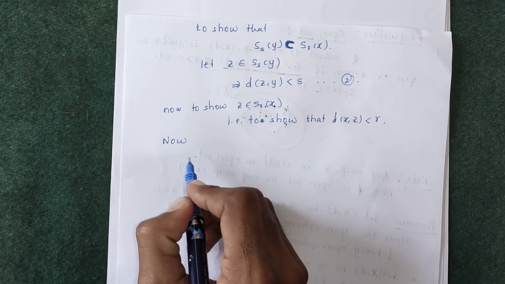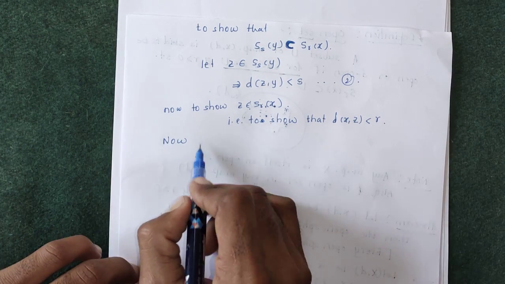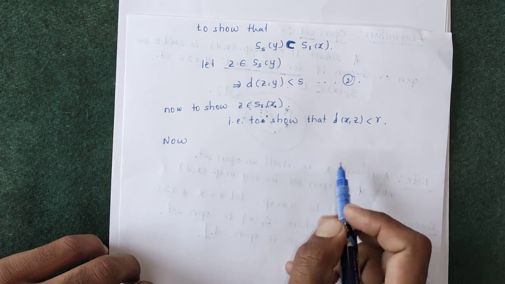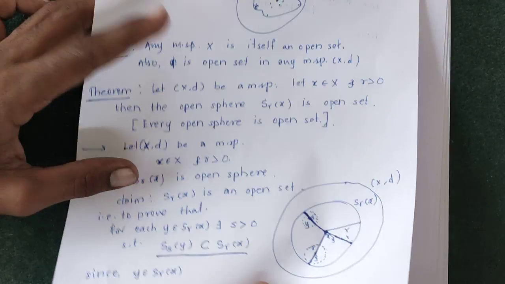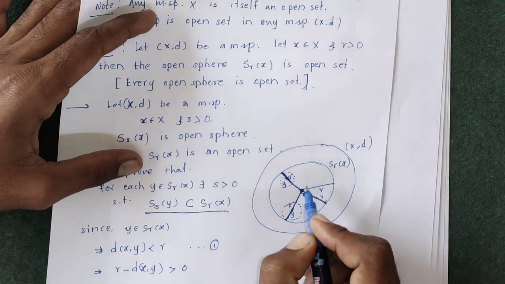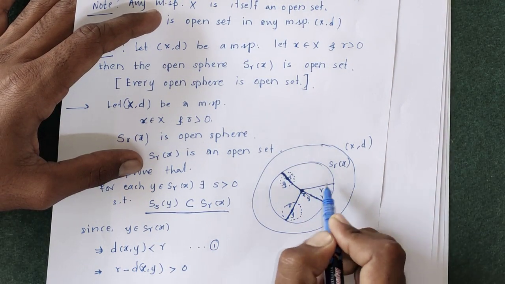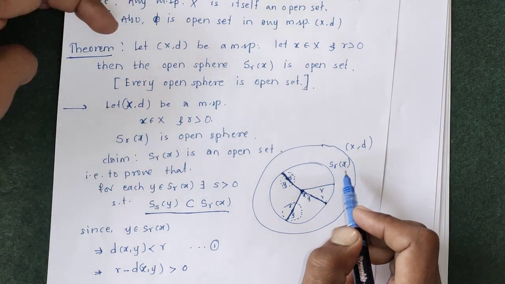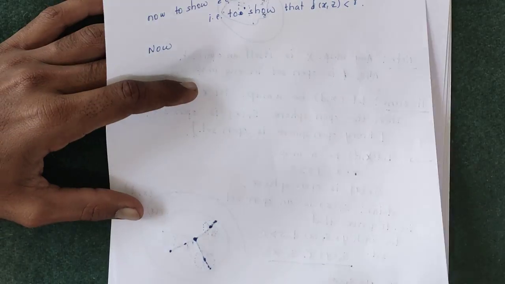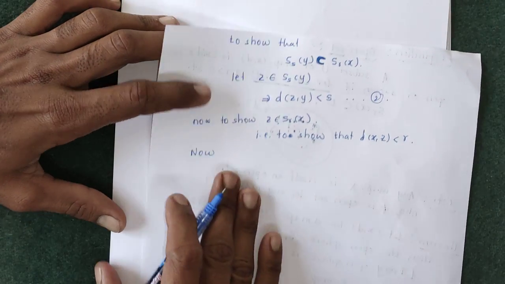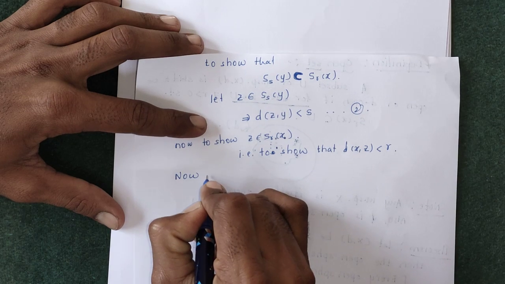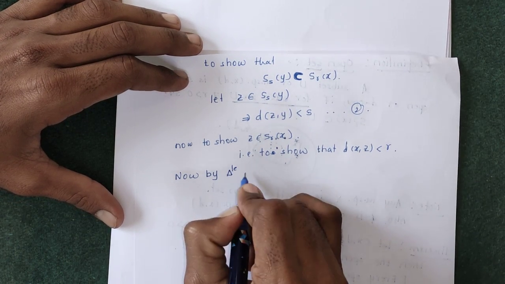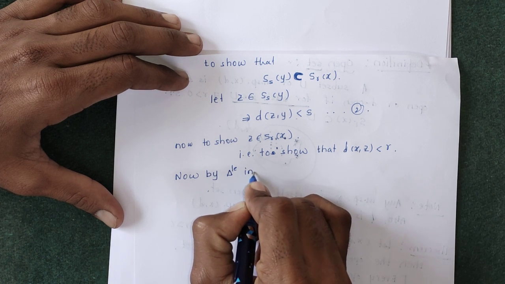Now we can use the triangle inequality, because (X, d) is a metric space and all of this is happening in the metric space, because (X, d) is the metric space on which we have taken S_r of x, and we have to prove that this S_r of x is an open set. So we can use the triangle inequality of (X, d). Now by the triangle inequality,